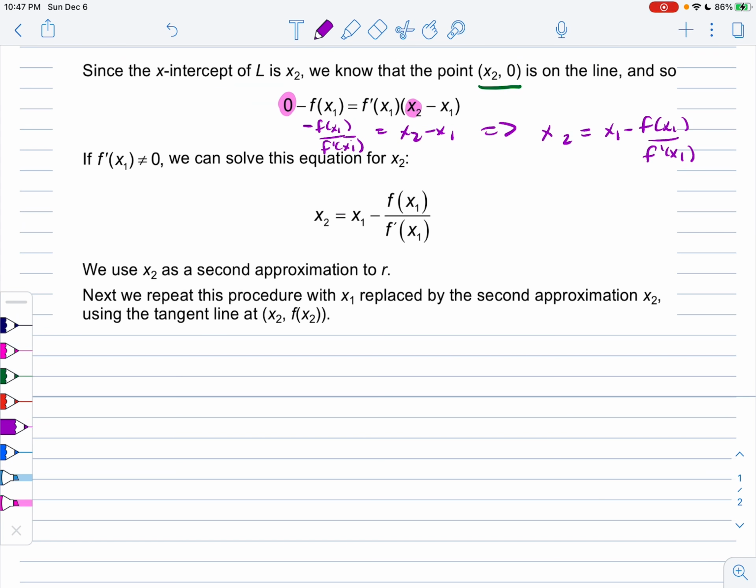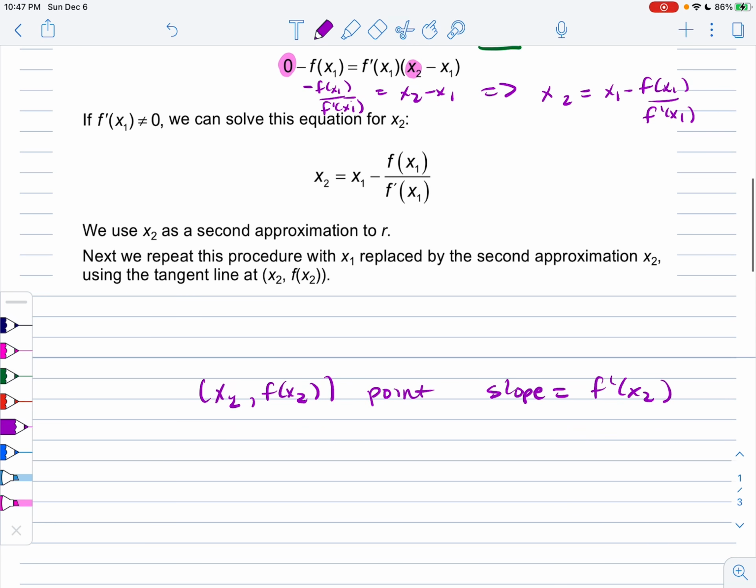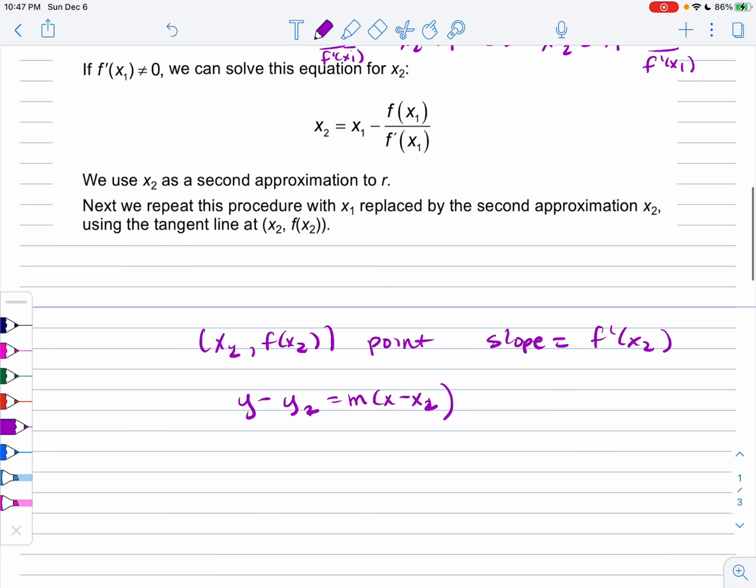And finding the equation of the line at x2, we would have x2, f of x2 as our point. We would have our slope equal to f prime of x2, and we'd begin again. Then y minus y1 equals m times x minus x1, and really in this case 2, right? This tangent would be y minus f of x2 equal to f prime of x2 times